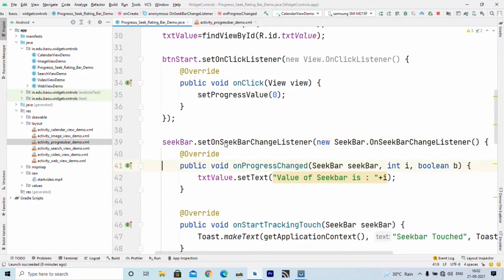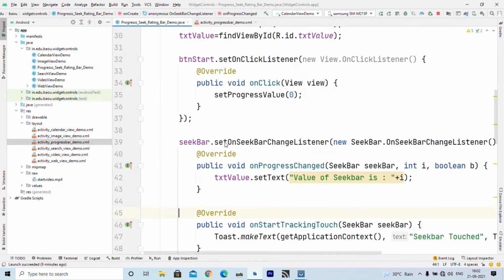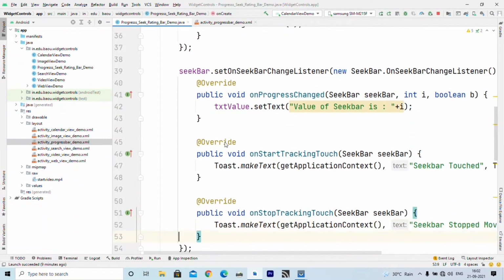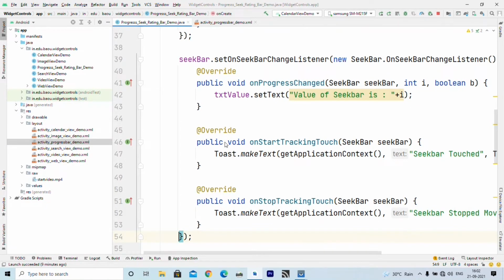One is onProgressChanged, that means any value is changed when the user starts moving the seek bar, this method is called. onStartTrackingTouch, and when the user stops moving that thumb, the onStopTrackingTouch method is called, right? So we implement 3 methods.